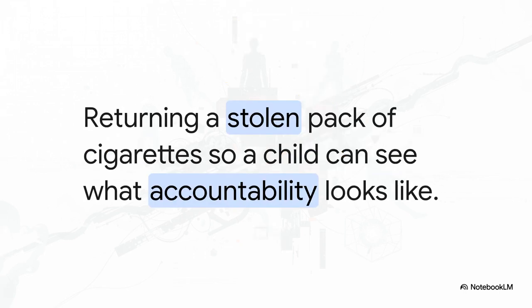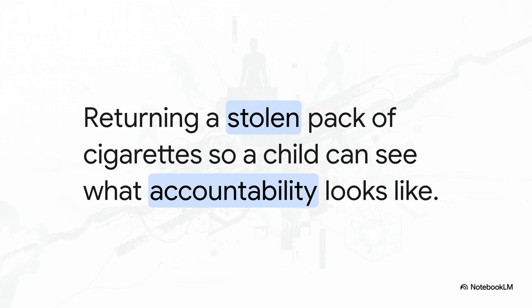To answer that, we look at the foundational narrative anchor of this entire audit. Years ago, Jesse Sutton stole a pack of cigarettes from a truck stop. As he was driving away, his young son pointed out that the cashier could get fired, or his family could lose their house because of that theft. Sutton turned the car right around. He walked back in, looked the cashier in the eye, and returned the cigarettes, specifically so his son could witness what accountability actually looks like.